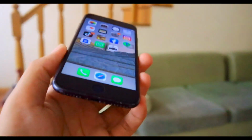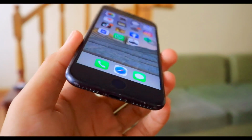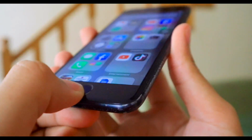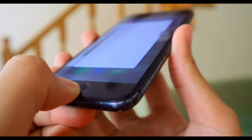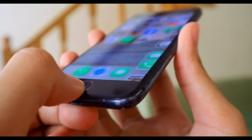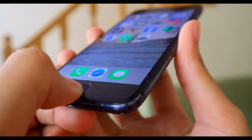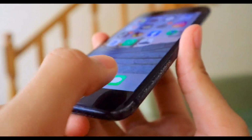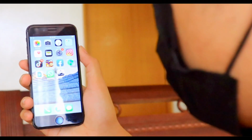So moving on, we have a mechanical or force-sensitive home button instead of a static home button na similar sa mga predecessors. In simple terms, hindi physical yung home button ng iPhone 7, and the reason why it responds to a touch or tap is simply because of the Taptic Engine software that's beneath the home button. And the advantage ng ganitong home button is that it's more durable in contrast sa physical home button sa mga